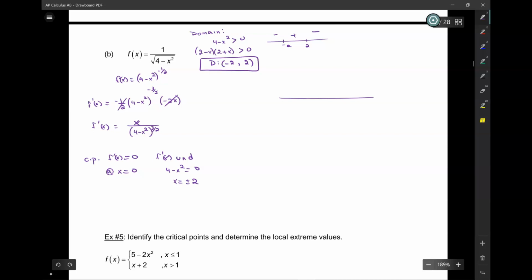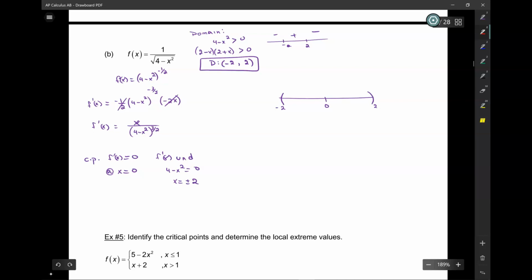So, I do my number line. The only thing I could put in is 0. It's an open interval, right? This is -2 and 2, but it's an open interval. That is not included in my domain. So now, because I can't go beyond -2 and 2, I put my little barriers there, but I make them open barriers. Okay, now, in the first region to the left, if you pick -1 and plug it